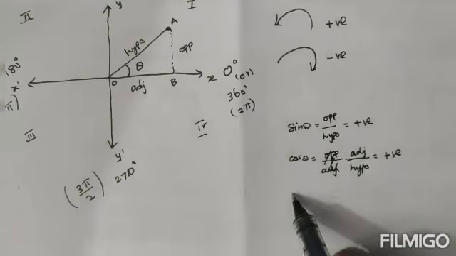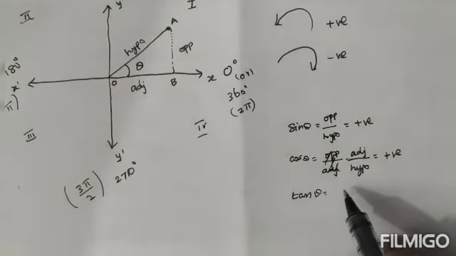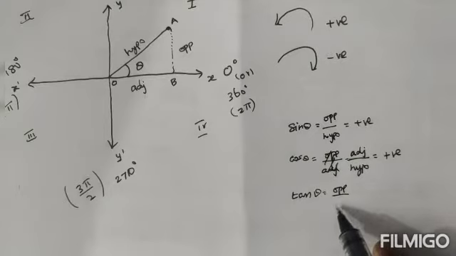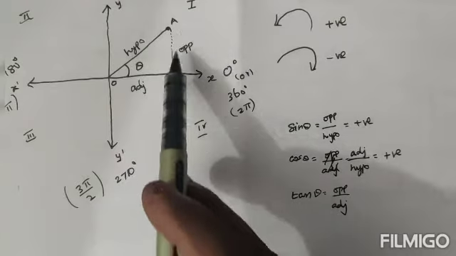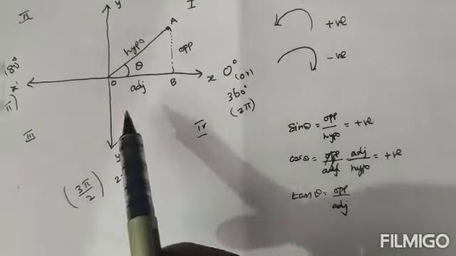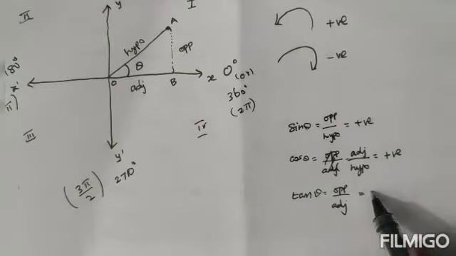And then next, the tan theta. Tan theta, you know, that is opposite divided by adjacent. So opposite, this is positive y-axis, then adjacent, that is positive x-axis, so both will be positive, so we can say this is all positive.